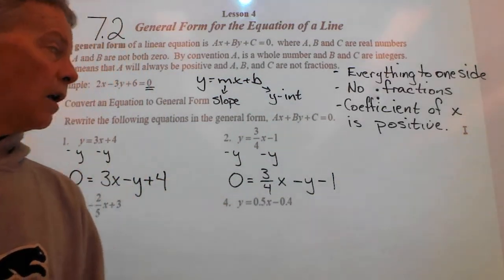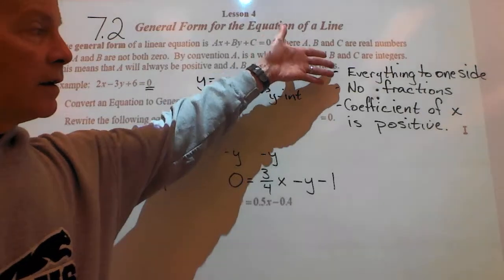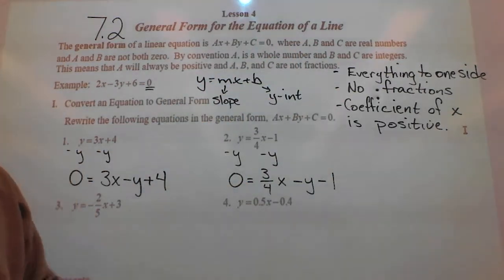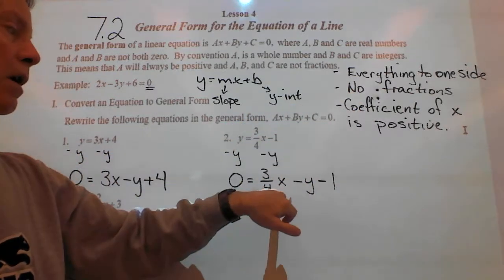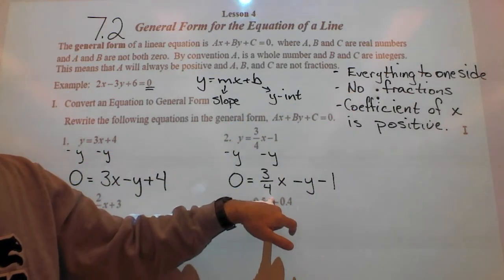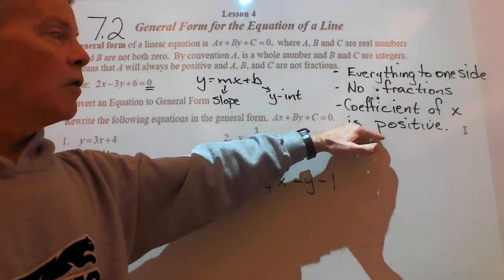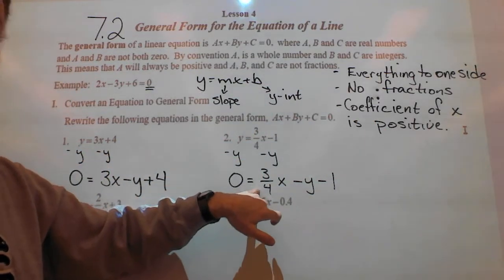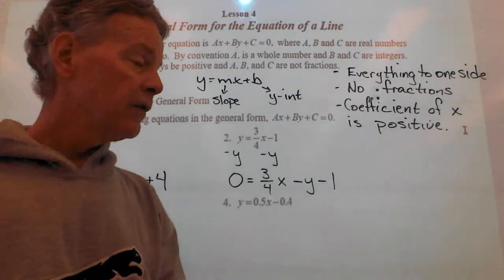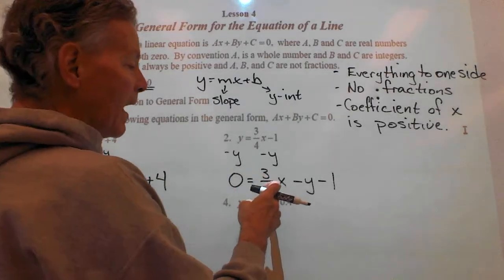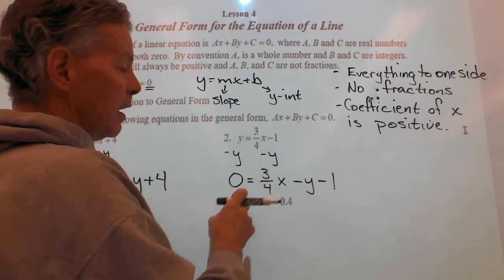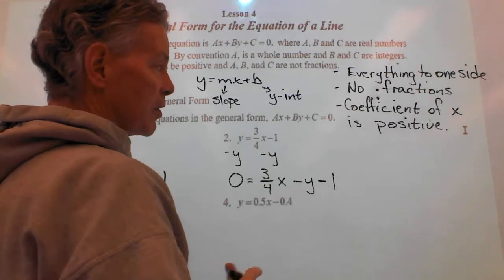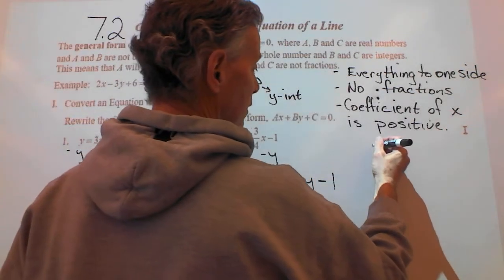Okay? So, again, go through your checklist. Is everything on one side? Yep. No fractions? Uh-oh, there's a fraction here. We're going to have to deal with that. Is the coefficient of x positive? Yeah, it is. 3/4 is a positive number. Okay? We have to get rid of this fraction. In order to get rid of fractions, you simply